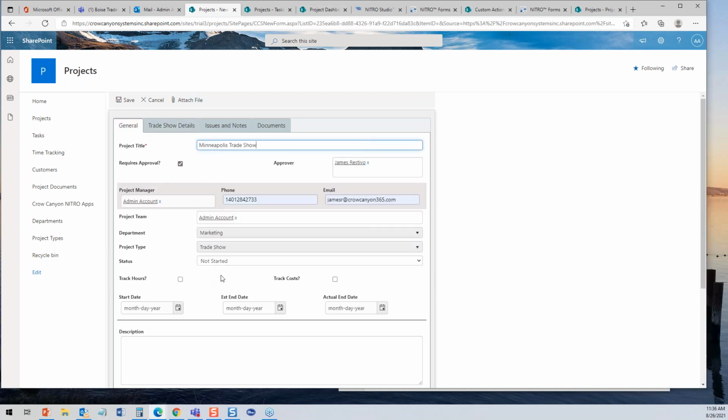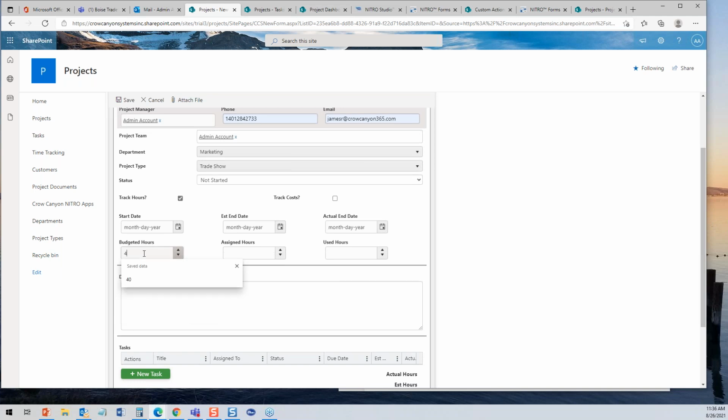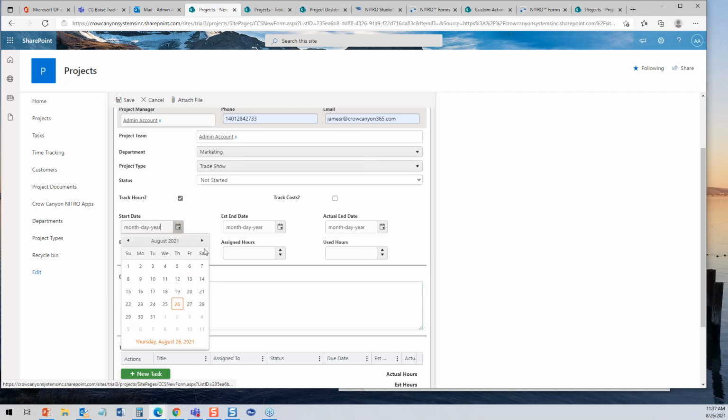And then we go not started. We're going to track costs. Well, let's track hours. And we're going to say we want to spend 40 hours on it. And put a description, show in October. In Minnesota. Let's do it this way. I'll do a SharePoint Saturday in Minnesota. Okay. Start date is we're going to start like mid-September, and the show is